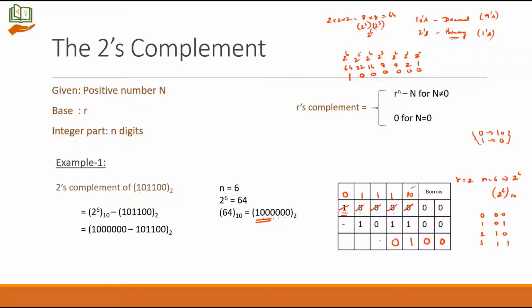What is 1 minus 0? It is 1. What is 1 minus 1? It is 0, and 0 minus 0 is also going to give 0. So the answer will be 10100. It actually starts from here, but I have included even the first digit and written it this way. 2's complement of the given number is